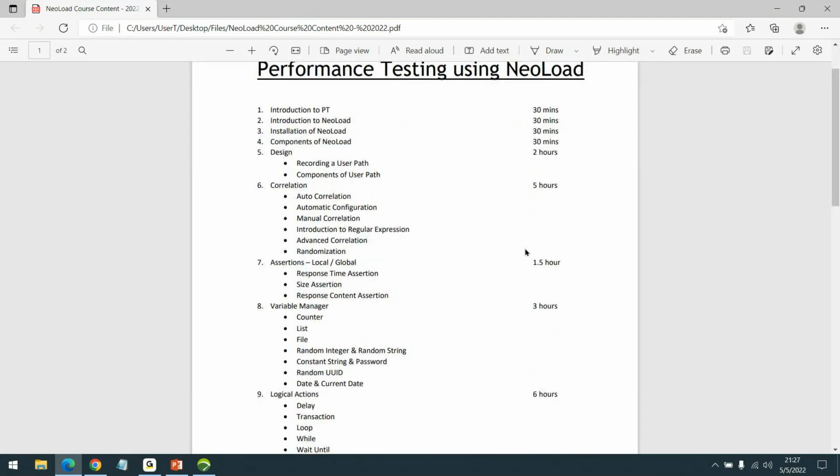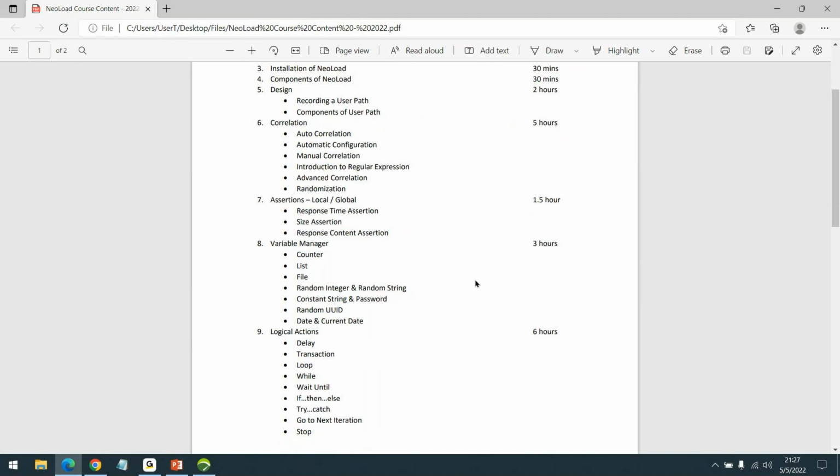From the syllabus perspective, these are the topics that we are going to discuss. If you manage to have some hands-on on all of these topics, you will be able to easily clear the professional certification. But some kind of hands-on is expected.